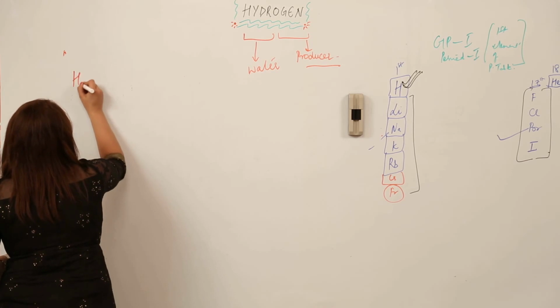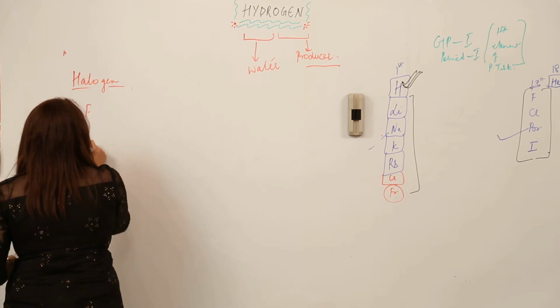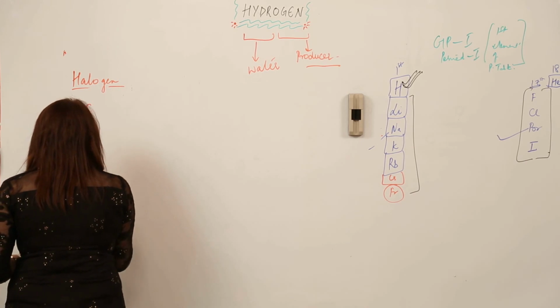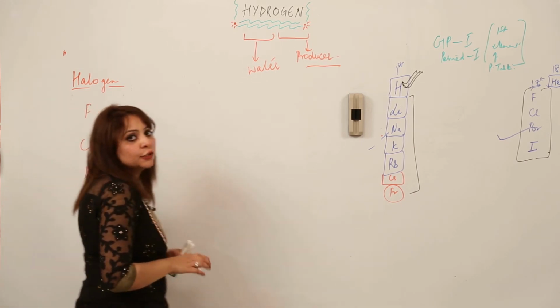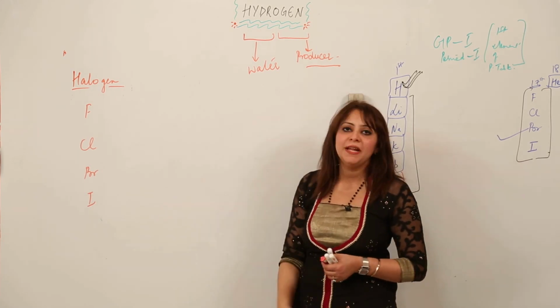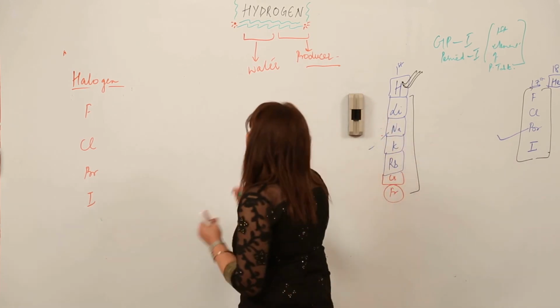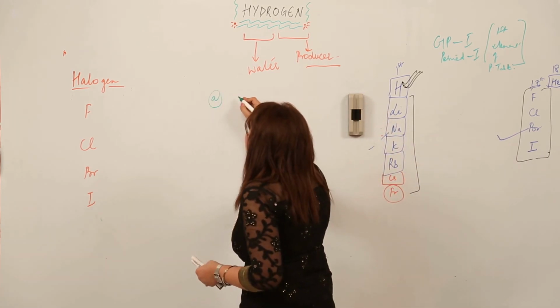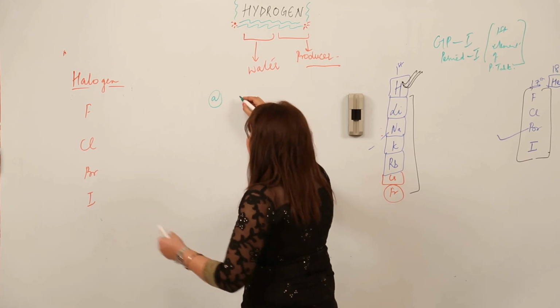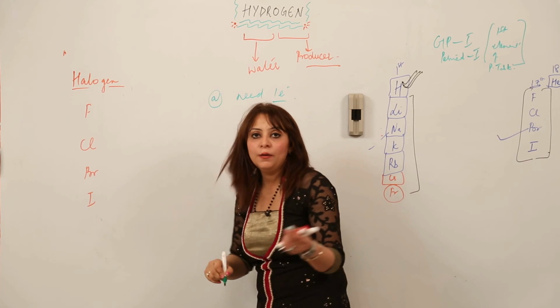Group 17 is the halogen group, and the elements we have are fluorine, chlorine, bromine and iodine. So we'll be discussing what kind of similarities it possesses with the halogens. So the first similarity is that to attain its stability, it also needs one electron. So how I am showing it,